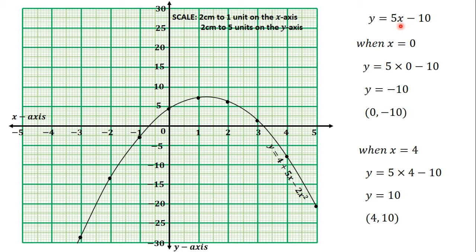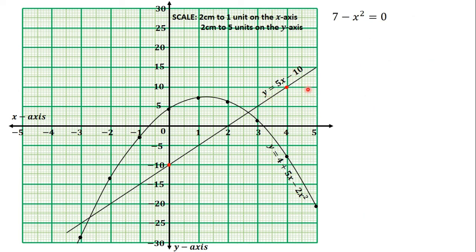So we now have 2 points that fall on this line. We can plot them on the graph sheet. The first one is 0, minus 10. So we have 0 on the x-axis, then minus 10 on the y-axis. So we have the point here. Then the next one is 4, 10. So 4 on the x-axis and 10 on the y-axis. So we have the point here. We join these 2 points with a straight line to get the graph of the linear function y is equal